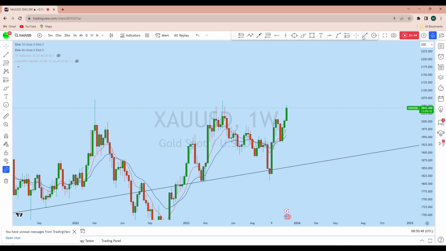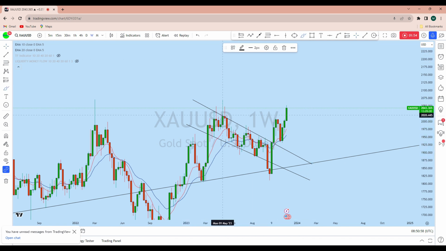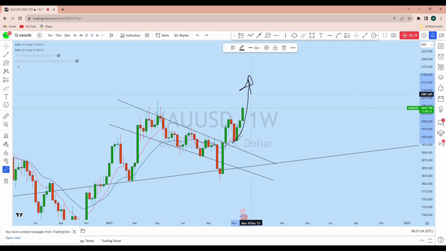Now if we analyze the long-term price action pattern, here we see that gold has formed a bull flag on the weekly, and from that bull flag the price has broken to the downside initially. After forming a higher low from this liquidity zone, the price has managed to break to the upside and form a very strong bullish impulse, followed by a correction to this previous resistance, which is turning into support here. And from that zone we saw that gold managed to break to the upside